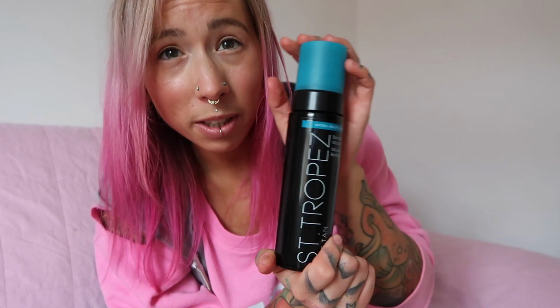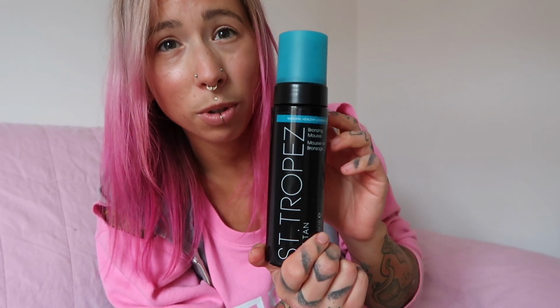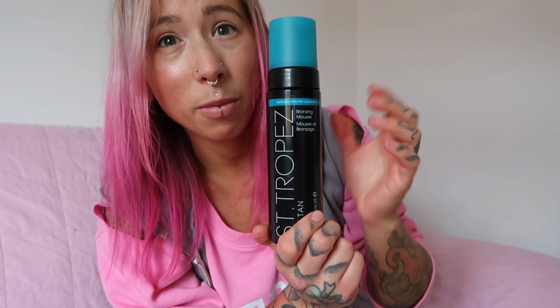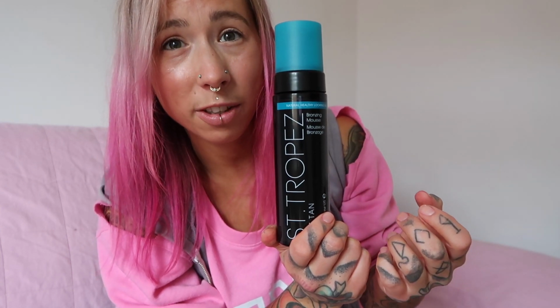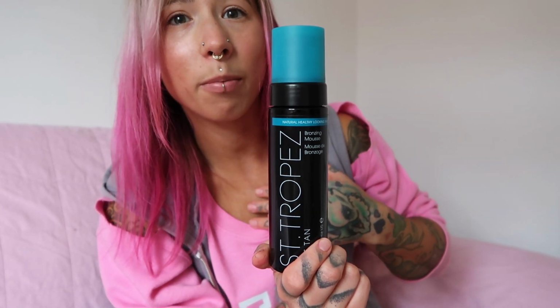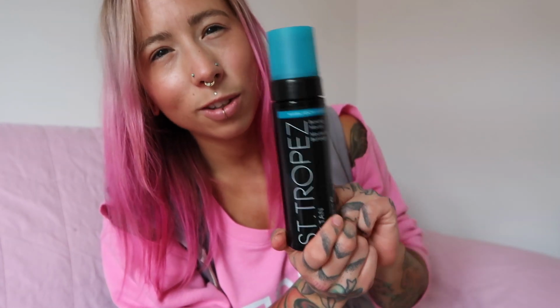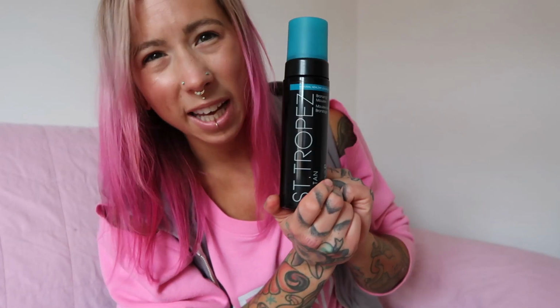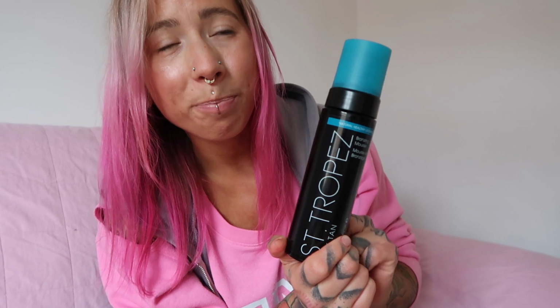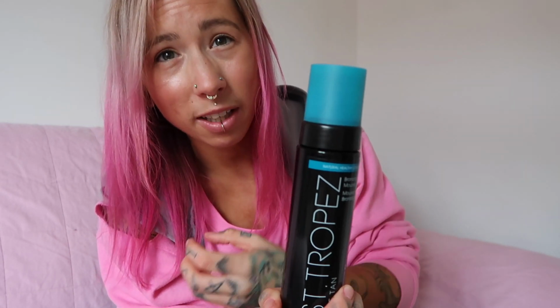It is not the cheapest mousse, but again, I found that if you go for super cheap ones, they do tend to look quite orange and come off quite quickly. Actually, as you can see here, my tan is starting to fade a little bit. I do tend to use the mousse probably every 8 days or so. The thing is that when you sweat, the tan starts to fade a lot quicker, and if you don't